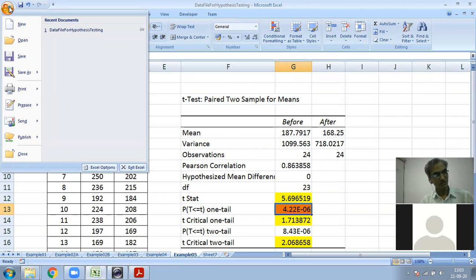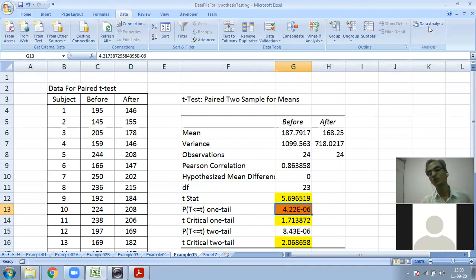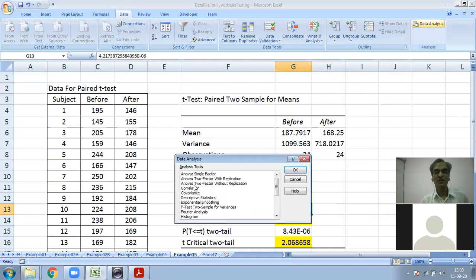For 2019 and other versions, there is a slight change, not major changes but minute changes. But still you can install the analysis tool pack. Once you install the analysis tool pack, store the data in appropriate columns, then go to the data tab and the data analysis window.